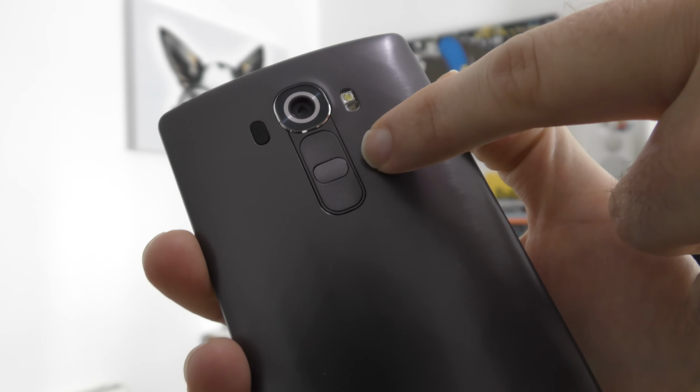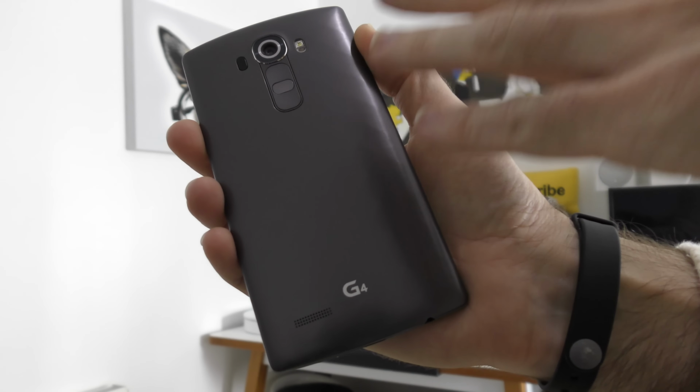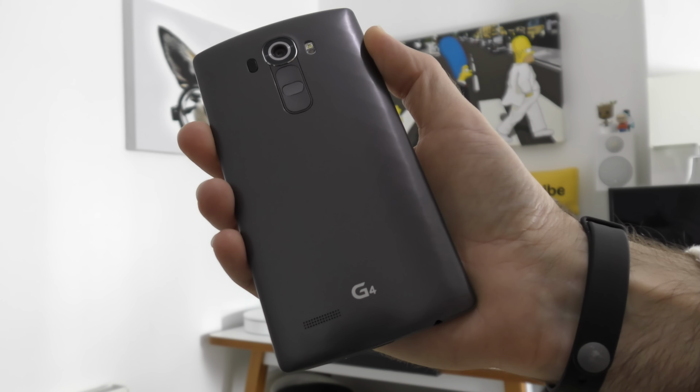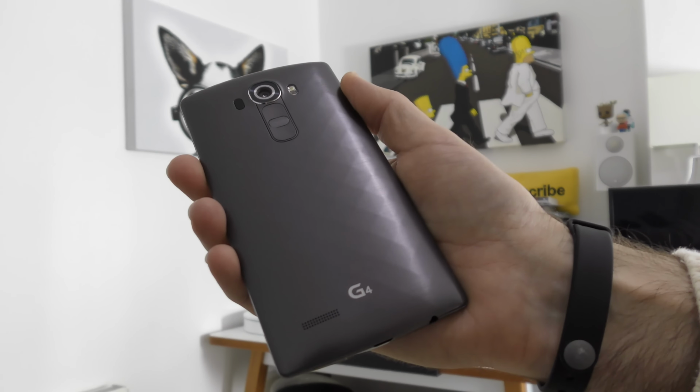Staying round the back of the LG G4, we've got this removable back cover. At the moment, they're only available in these plastic finishes, but there are going to be real leather finishes available very soon. Actual build quality, well, even though it's a removable back, everything feels very solid, and it's an extremely